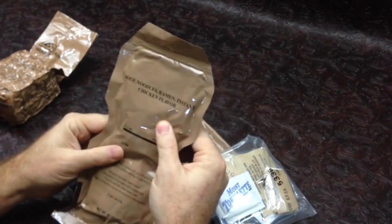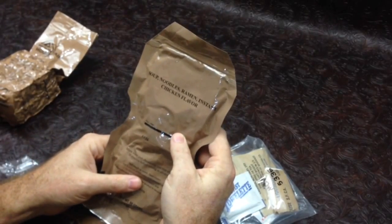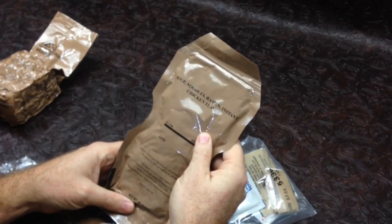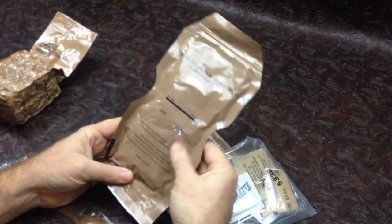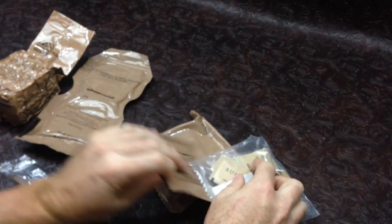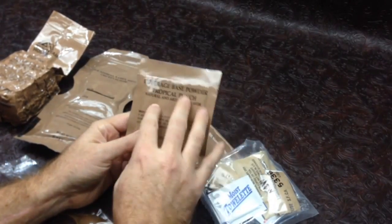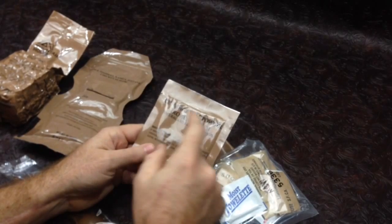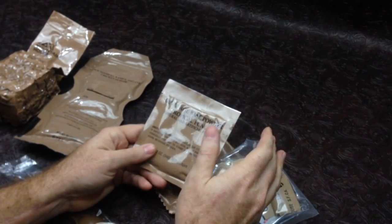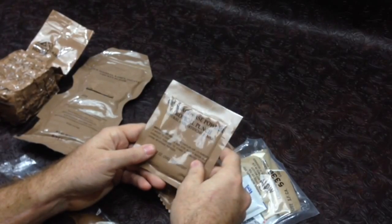We have, that's weird, soup noodles ramen instant chicken flavored. And you see a bag like this, you expect it to be a fruity drink, but it is not. And then for our drink, we have our tropical punch, and this is just a standard. I'm surprised it's not the tall bag. The last mild cold weathers we had were orange and lemon lime, and they had kind of a fizzy, effervescent type